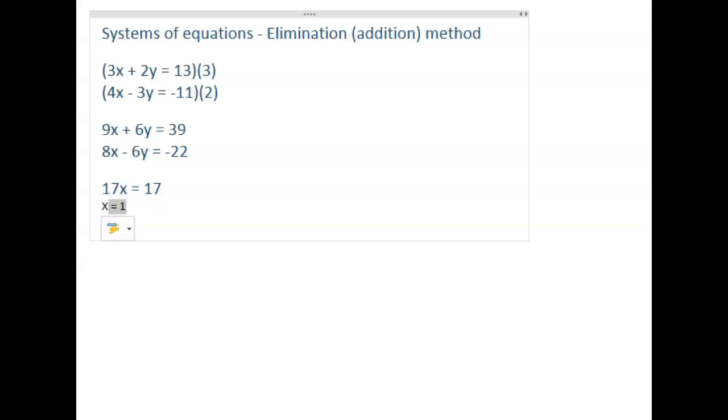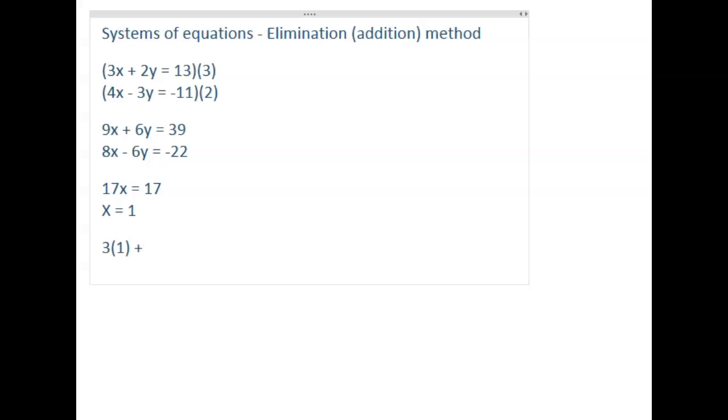And if we only had one equation, we'd be finished. But we don't. We have 2. So I need to find a value for y also. You can pick either original equation you want. It doesn't make any difference which one you pick. They should both produce the same result. So I'm going to pick the top equation. 3 times, I know now that x is 1, so that's 3 times 1,